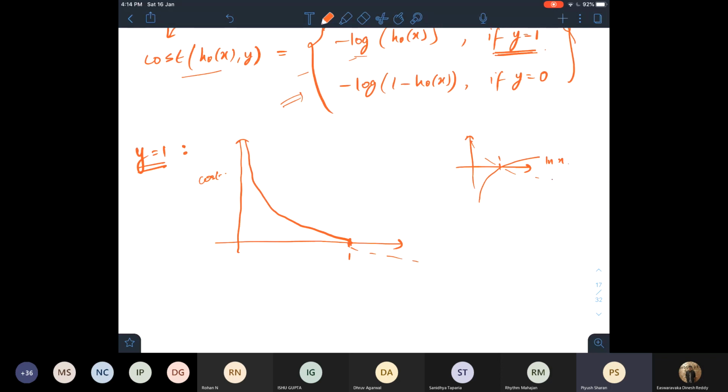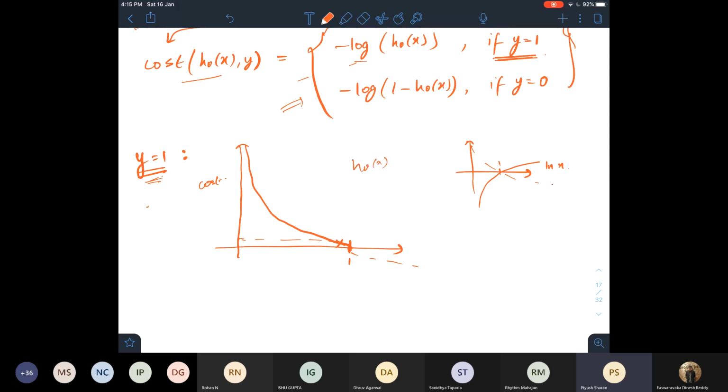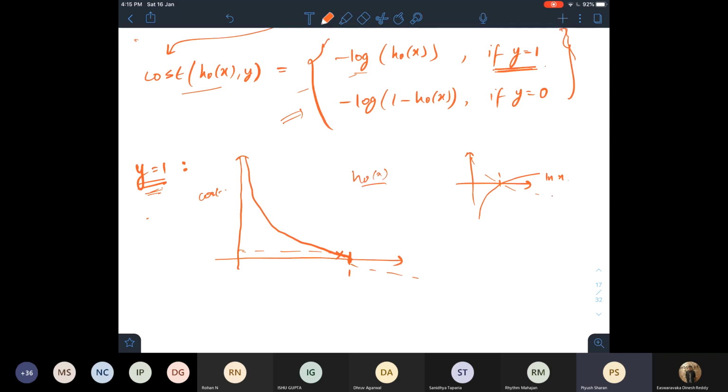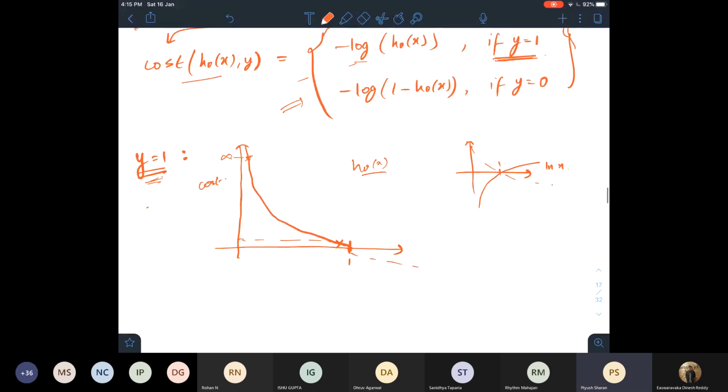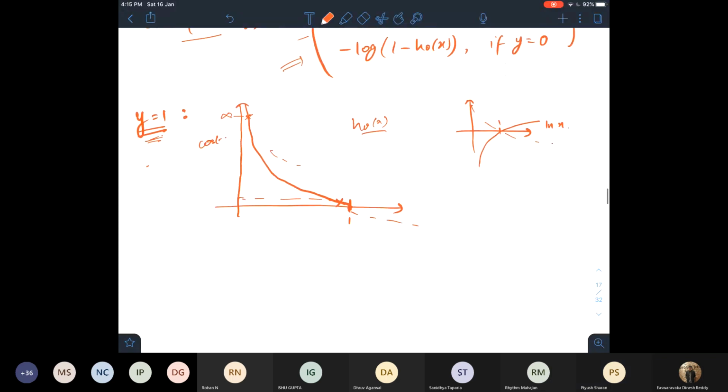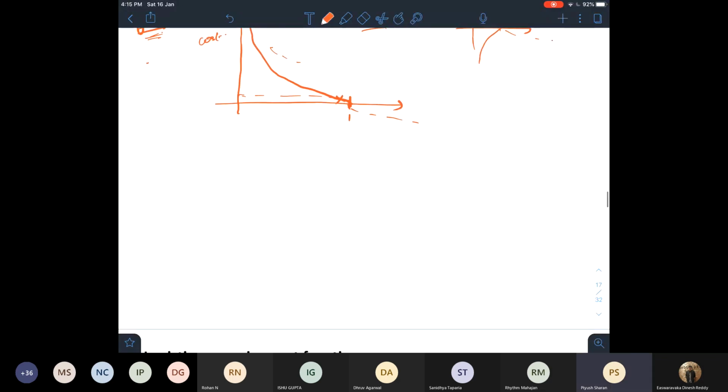So if the value of y is truly 1 and the output that our classifier gives is also 1, or near to 1, then you can see that the cost is very less. However, if our value is truly 1 and the output that our hypothesis gives is something like 0, you can see the loss increases infinitely, right? I hope you can get a feel of why we are using this graph. If you have any doubts, put them in the chat or I'll explain it in the end.